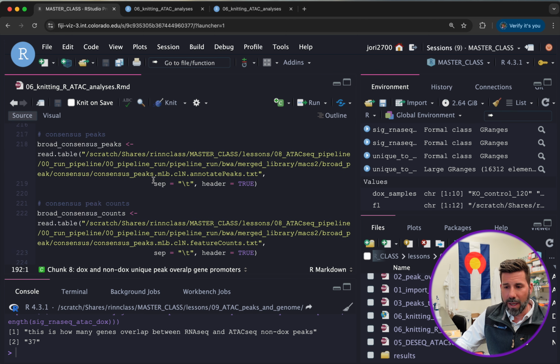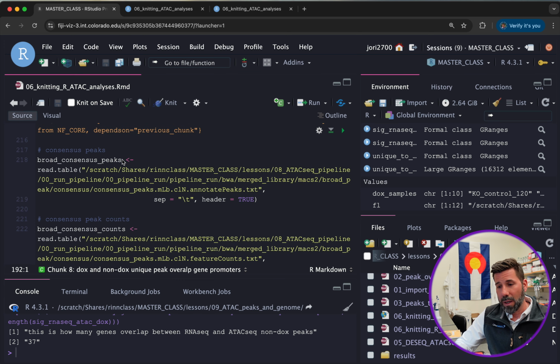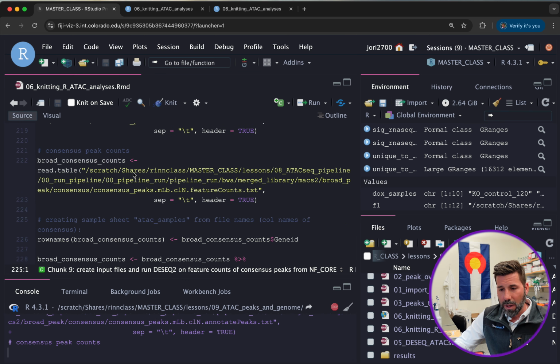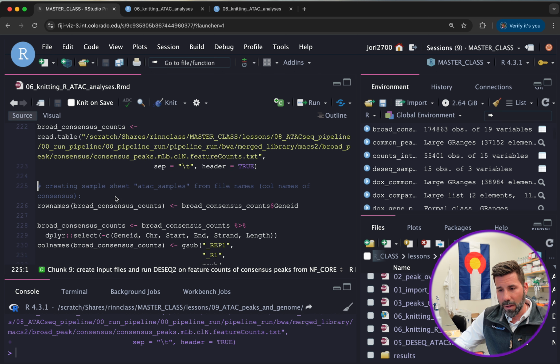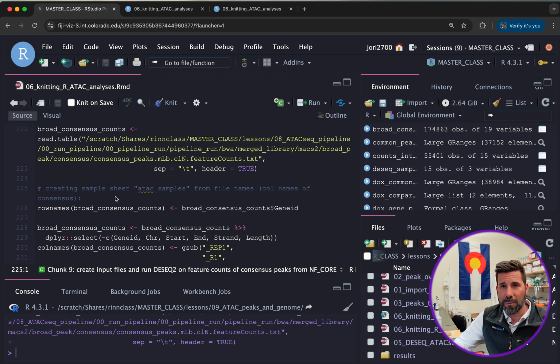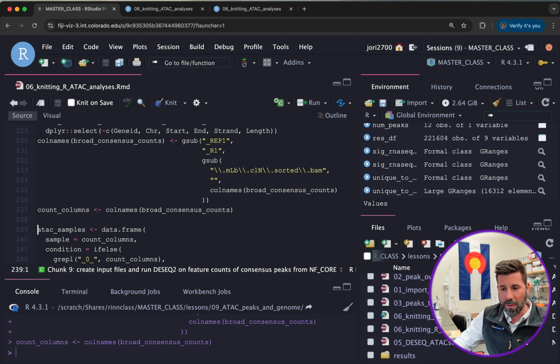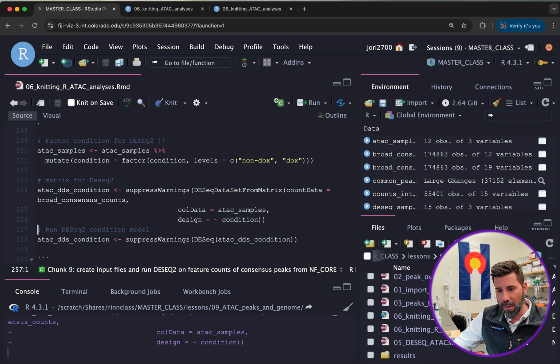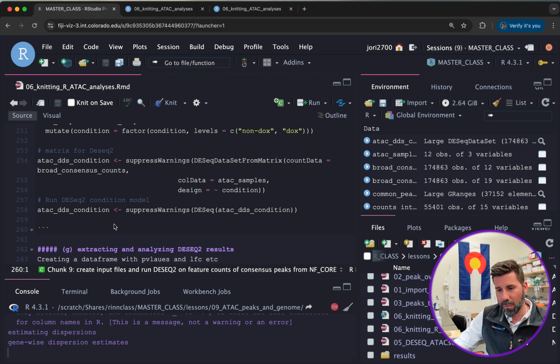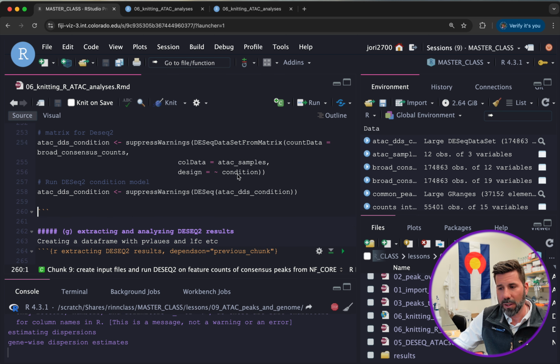And now here we begin the DE-seq thing, which we just did in the last class, where we're going to load our count file, where each peak is now like a gene for DE-seq, each interval, and we're going to do DE-seq, make the sample sheet, and clean that up. Again, that was done in the last class, 05. All the same things, and we're running ATAC-seq based on condition here, which is just non-DOX versus DOX. We saw that no genes changed in all the time point comparisons, which would have been an easier way to find genes, but when we do DE-seq for,